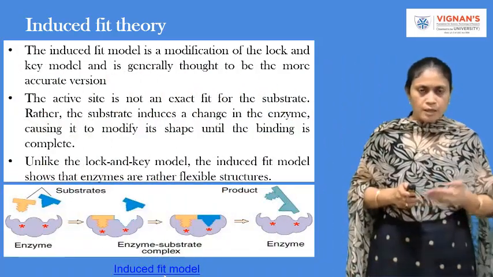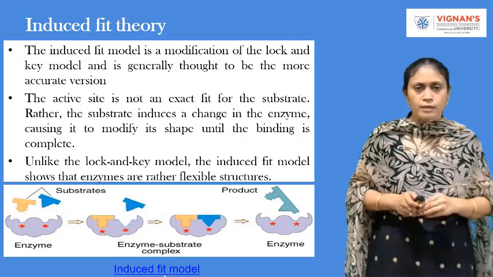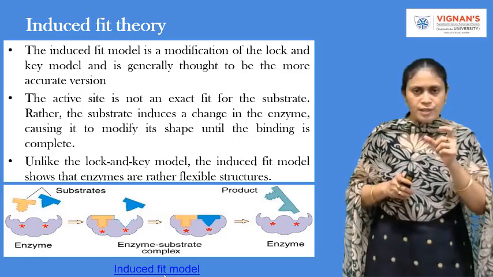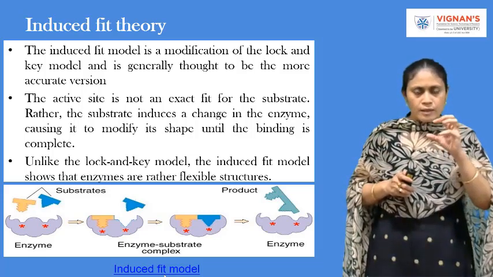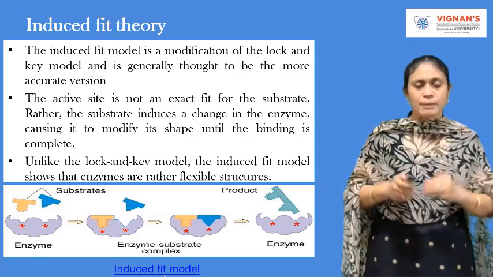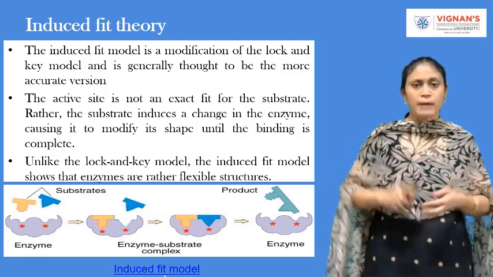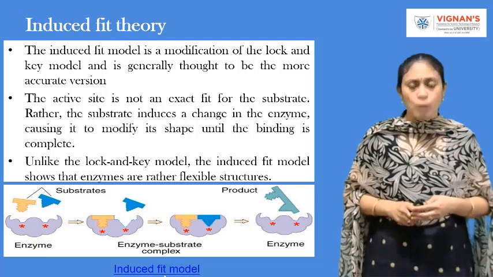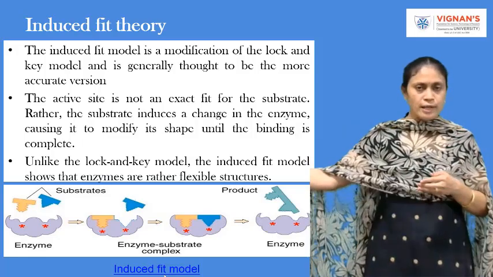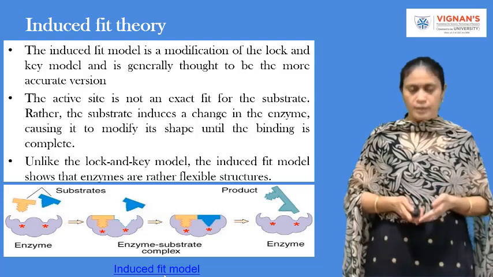Let's see the figure. There is an enzyme molecule. Now, two substrate molecules are coming to bind with this enzyme. The enzyme has changed its orientation or shape according to the substrate molecule that is coming to bind to it. Ultimately, the substrates bind to the enzyme to form the enzyme-substrate complex. Thereafter, the product is formed, which is released outside. And again, this enzyme regains its original structure.